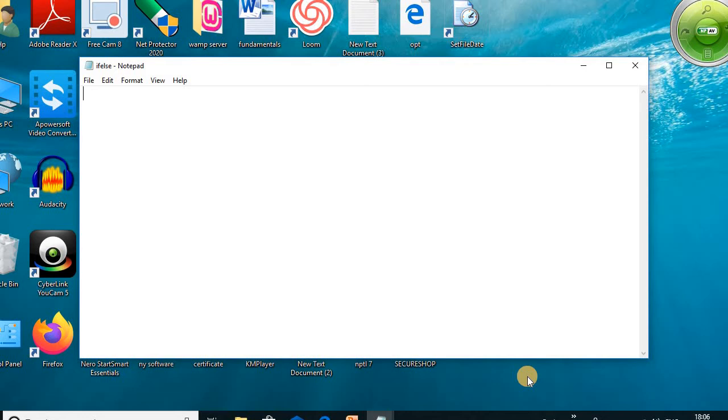Okay, so we can start the PHP script by using question mark PHP. For checking whether the first number is big or second number is big, we must have two numbers.